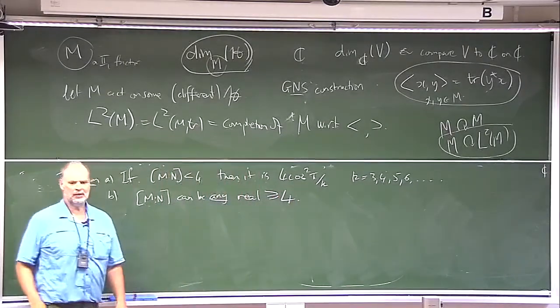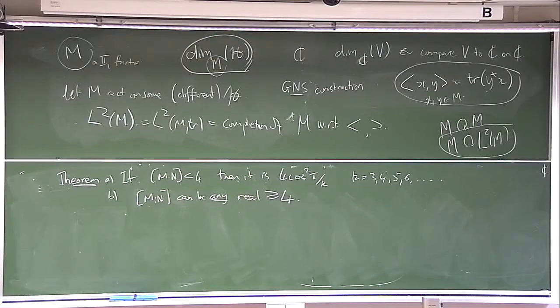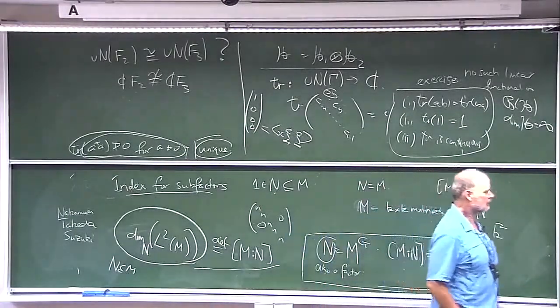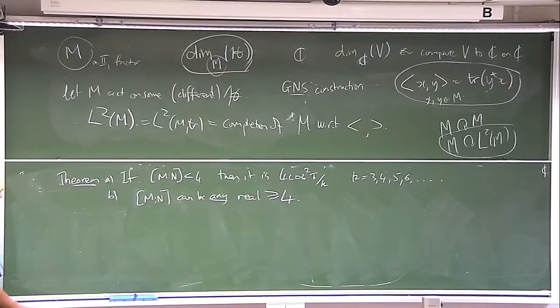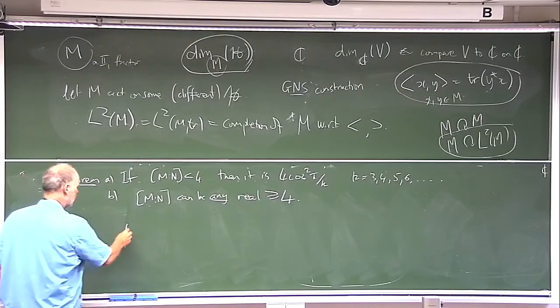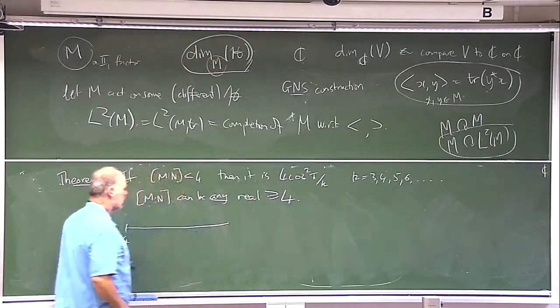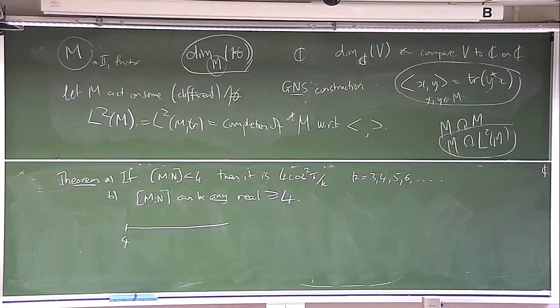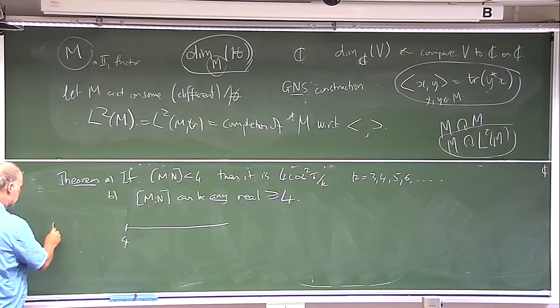So the answer is, the discrete property that we were seeing is true, and the von Neumann continuous dimension is also true. It's just a question of these being two regimes. And to actually draw this set of numbers is going to be important for the rest of the course. Here's the continuous part from 4 on, and the discrete part, if you do,